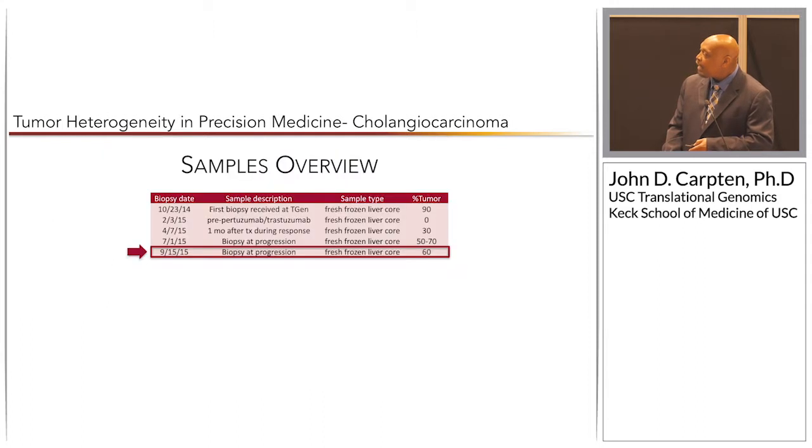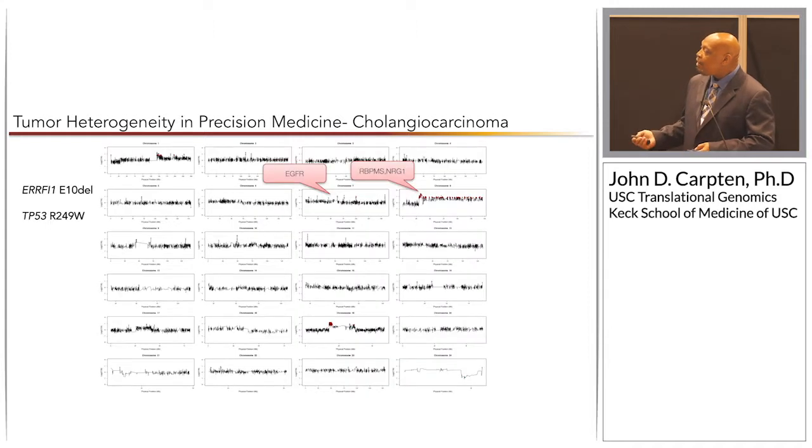Of course, the cancer came back. We're actually able to get another biopsy, and guess what happens? The EGFR event goes away, and the NRG comes back. So we had this sort of clonal tide occurring under pertuzumab versus erlotinib. And so this is just an example of why it's important to be able to identify these